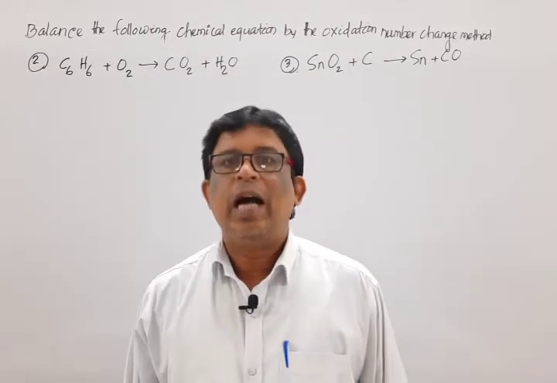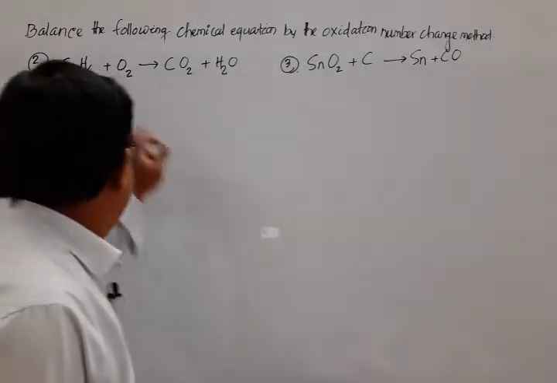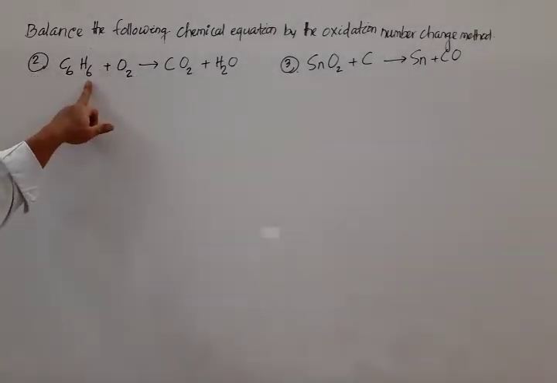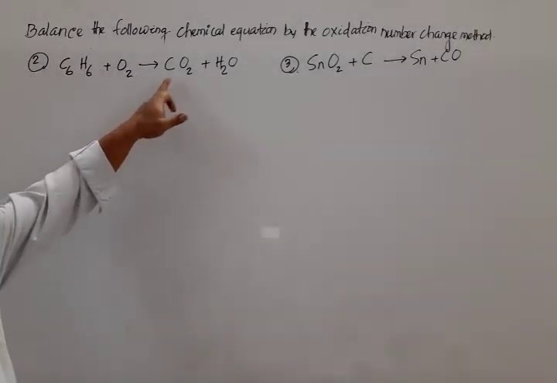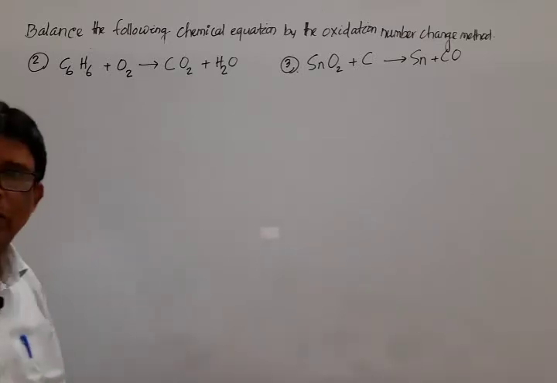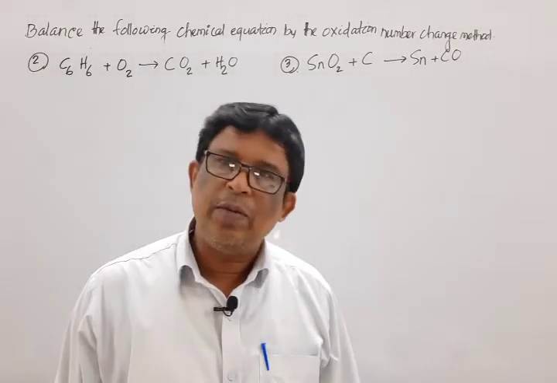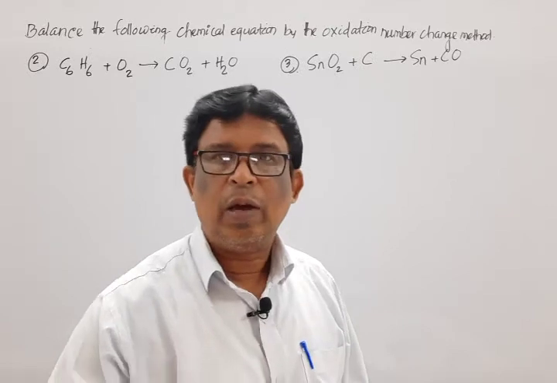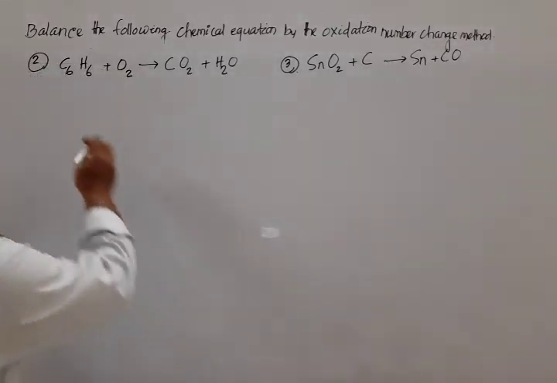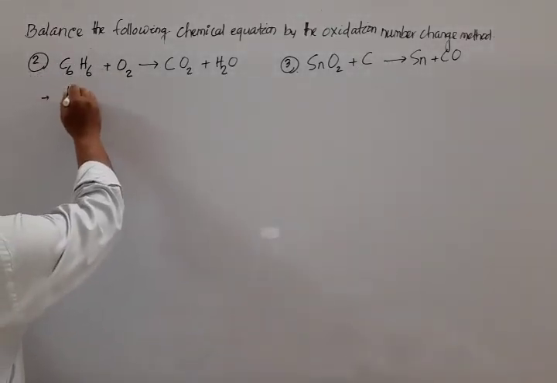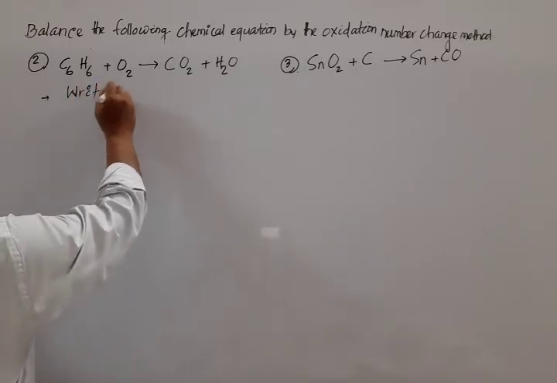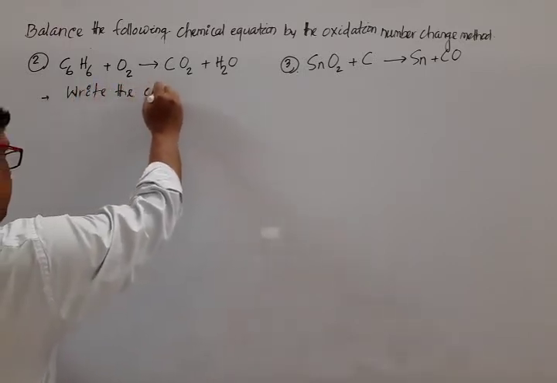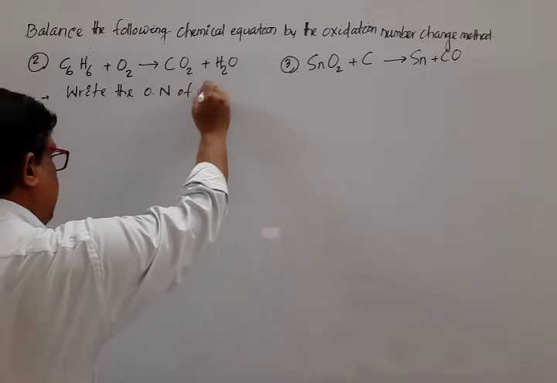Next, move to another one. Mark that here: C6H6 plus O2 give rise to CO2 plus H2O. Next, follow the same rule. What is rule 1? Rule 1 is to write the oxidation number of each element